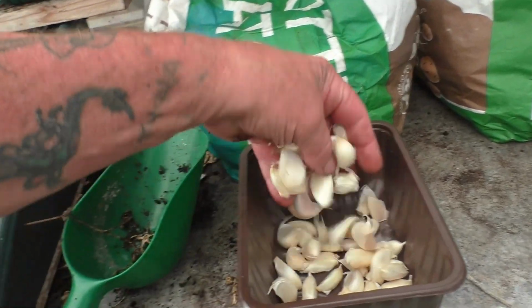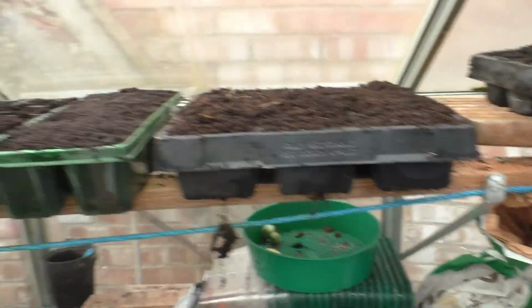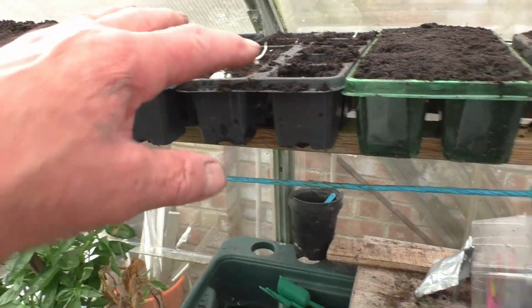Right, that's what I've got left out of the 100. I'll use all them up. These are small ones, and what I'm going to do with these, I'm going to take down the allotment and bash straight in the ground. So there you go. I've got to put a bit more compost on there. I forgot them ones and that one. That's because I'm talking. Right, so